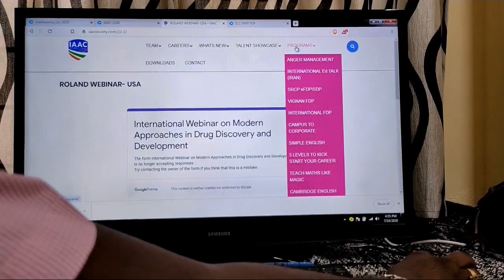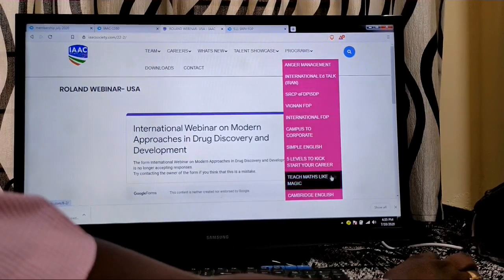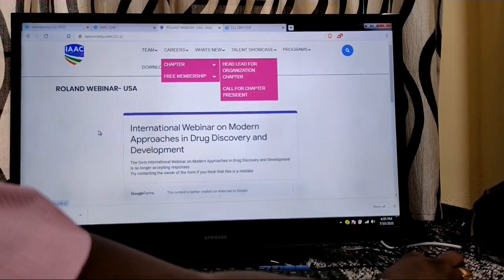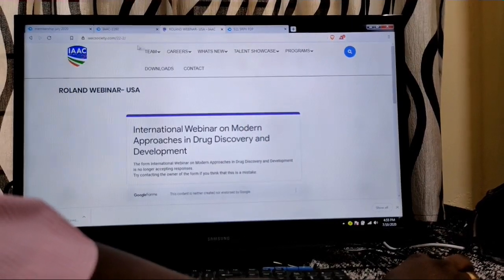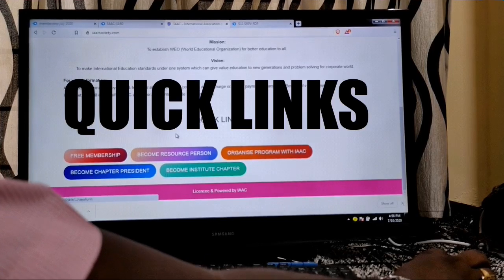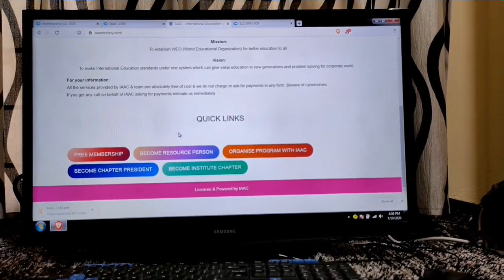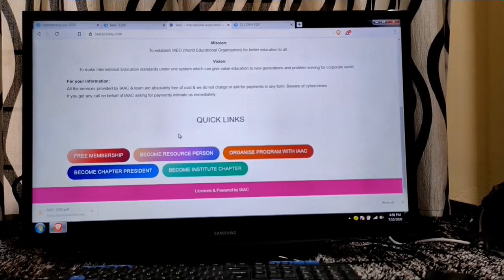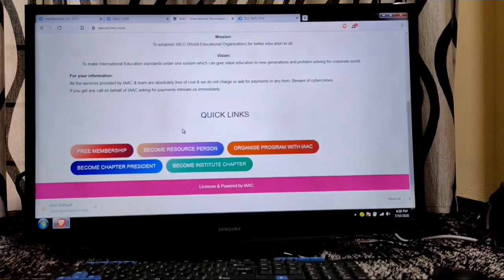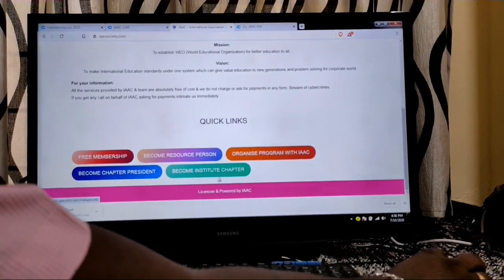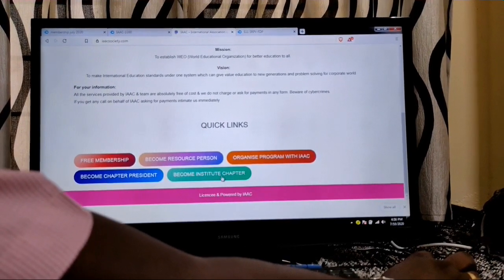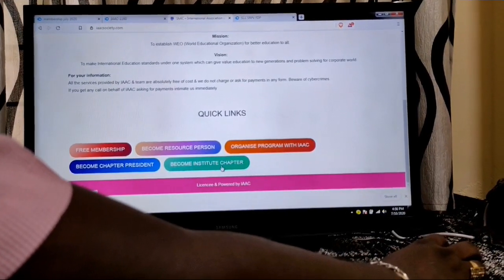Everything will be here. So if you are interested to conduct a program for your own college, IISc is always with you. And you can also become a resource person. If you are interested to be a resource person and give a program, you can always register here and become a resource person, from where we will host your details to other colleges, where if they are looking for a person with that particular technology to give a session, you can be a resource person. You can register here and organize a program with us. You can become a president of a chapter, and every college also can become an institute chapter, by which we will conduct their programs with our technology.